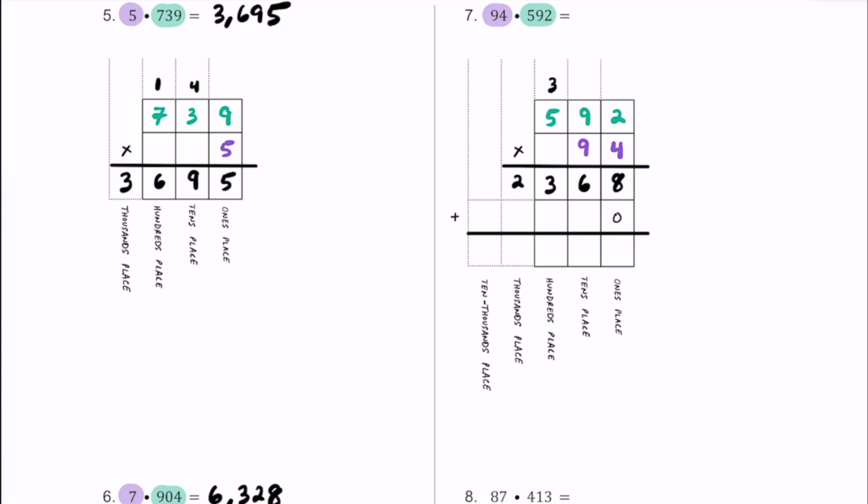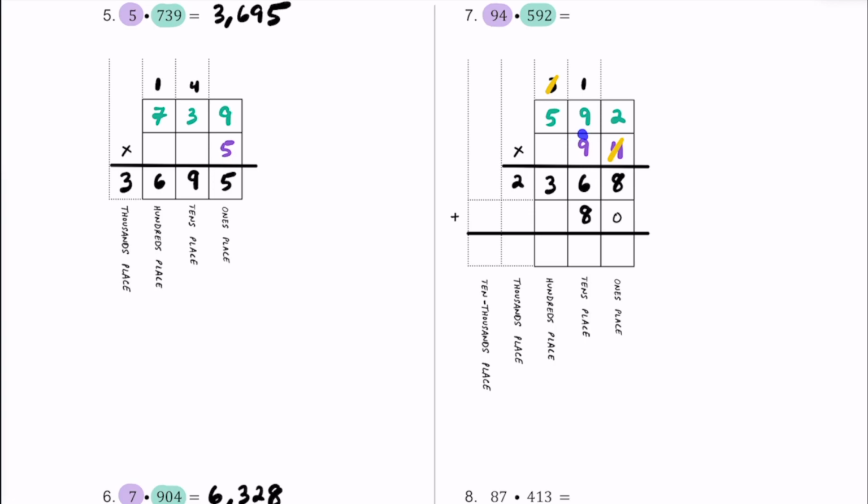Alrighty, so this 4 is all done being used, and this 3 we already used. And so we have to focus in on this 9, which is really representing 90. So that's why this placeholder needs to be here. So now it's 9's turn. 9 times 2 is going to be 18. We'll go ahead and put the 8 over here in the tens place and carry the 1 into the